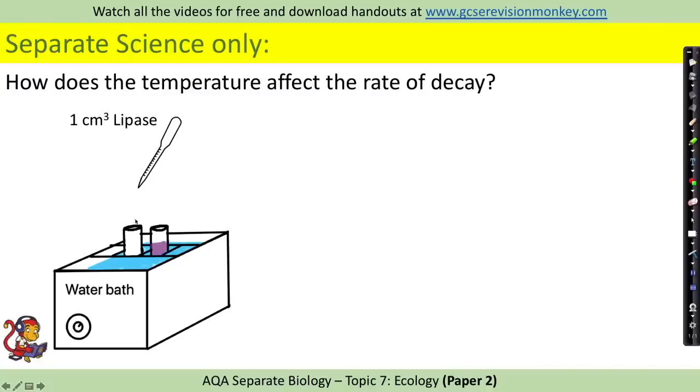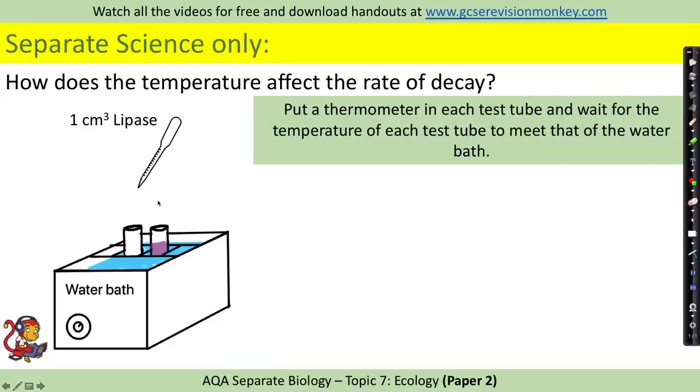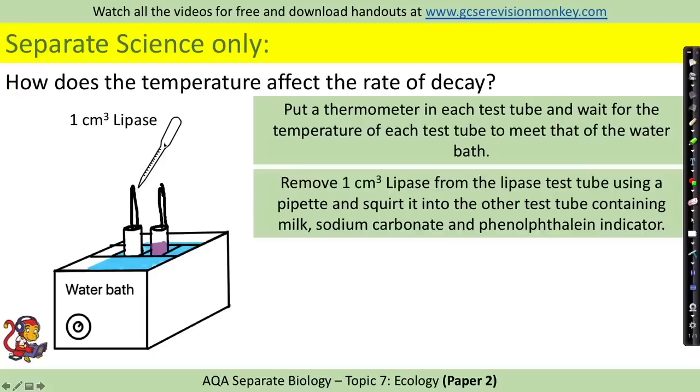So we've placed our 2 test tubes in our water bath here, and what we need to do then is put a thermometer into each test tube and wait for the temperature of each test tube to meet that of the water bath. We just need to allow it to stabilise and get to the correct temperature. We are then going to remove 1 centimetre cubed of lipase from our lipase test tube using a pipette, and we're going to